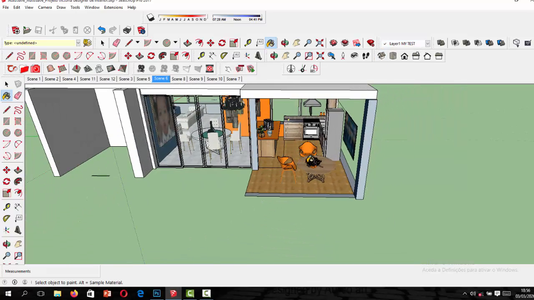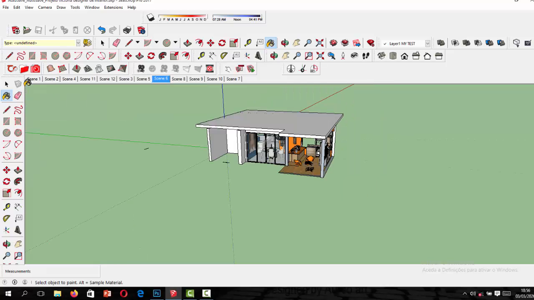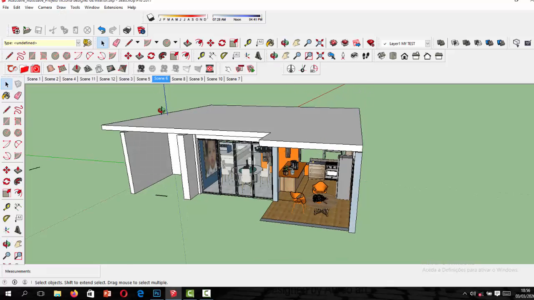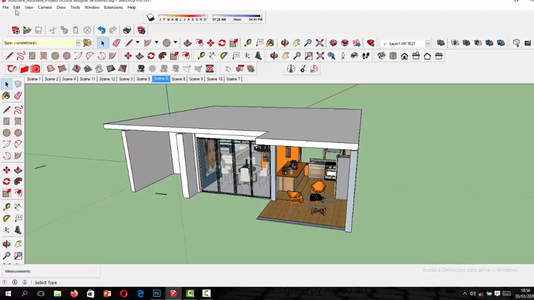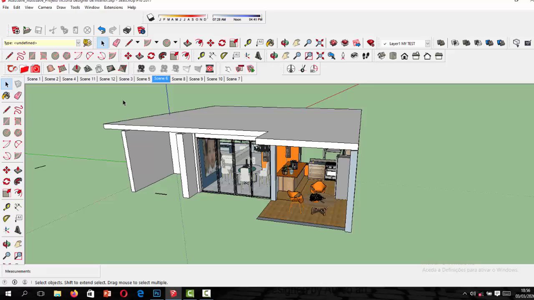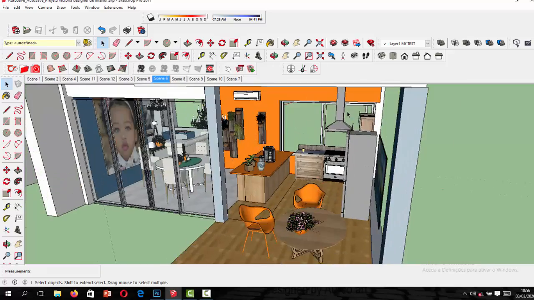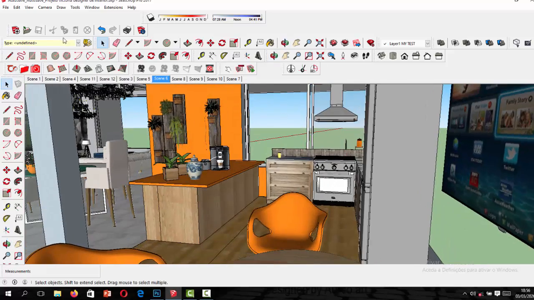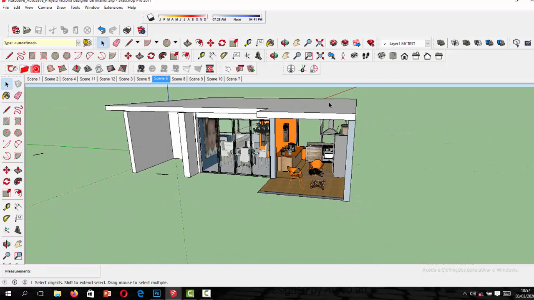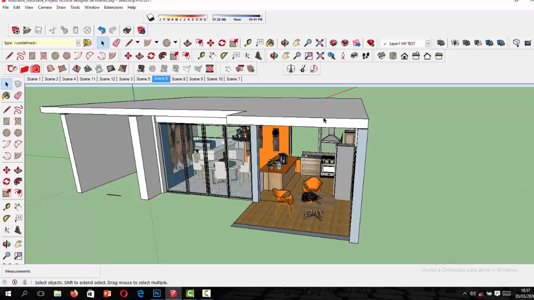And another thing, people, that I want to show you is about scenes. Usually when we were creating scenes, we went here and we added a scene with animation, as an animation. But usually when we want to create a scene, just to go into our home, for instance, we don't use animation. I just use animation because it is quicker. You may use it if you want, but it's more correct, you go here,